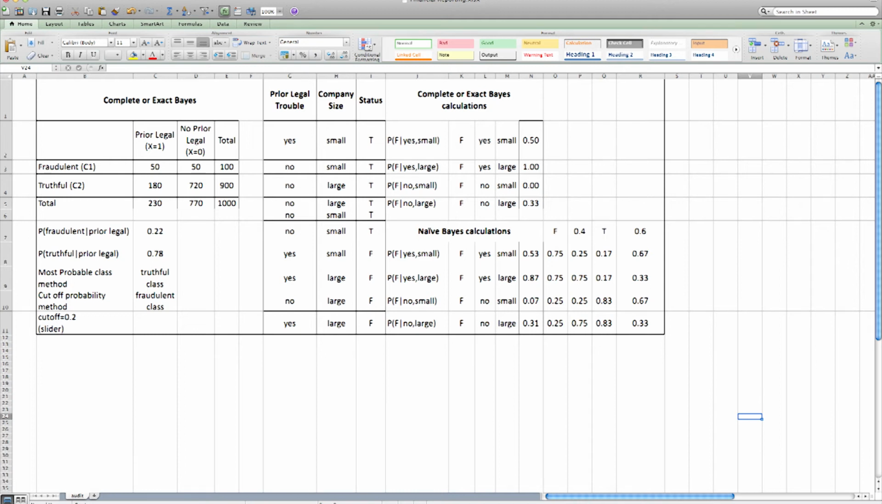So that is the first criteria, prior legal trouble, yes. And also the record is supposed to be fraudulent. These 2 criteria are in the numerator, so those counts are to be done. This count is then divided by the denominator, which is nothing but the number of records which are fraudulent out of the total records. So using this, we can find out this particular probability